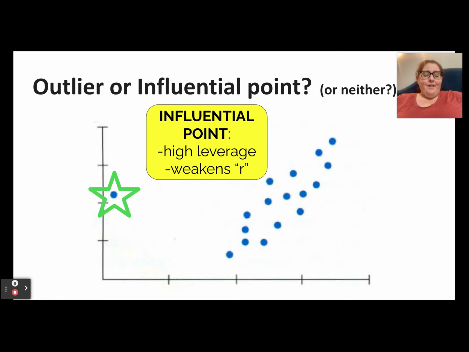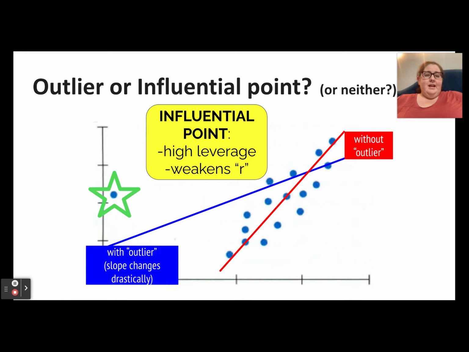Because its x value is far away from the rest of the x values, I consider it influential. It has high leverage, which means it has potential to change things drastically. And because it doesn't fit the pattern of the rest of the points, it's going to weaken things. So again, it's going to weaken correlation, and that line of best fit is changing a lot more drastically than